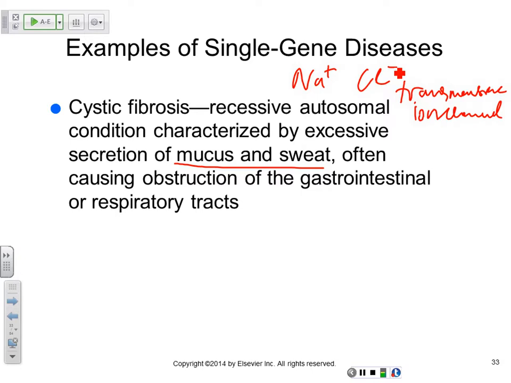Sometimes they use a cold virus, because the cold virus attacks your respiratory system, and it will deliver the good gene for that transmembrane protein, so that your cells will express it. It's like gene replacement therapy, which we'll talk about in a little bit. Then you start having the normal protein, less thick mucus in your respiratory system, and less obstruction. You could die from this, actually.